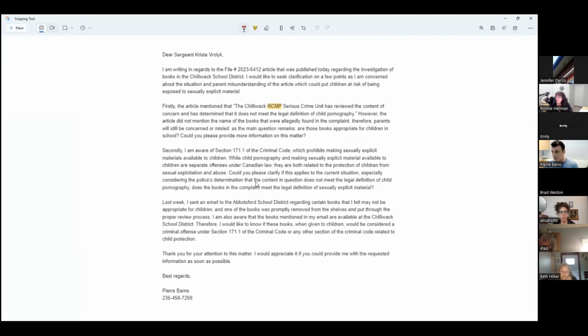They're also hiding under human rights too, right? The amount of research that we've done just trying to figure out what's going on, we know more than they do. So every single meeting that I've had to sit on, I am schooling them on what books they have in their libraries, what the books contain, as well as what human rights are, what our rights as parents are. They don't even know half of what we know. And they don't want to let us know that we know more than them. This is very uncomfortable for them, the whole situation.